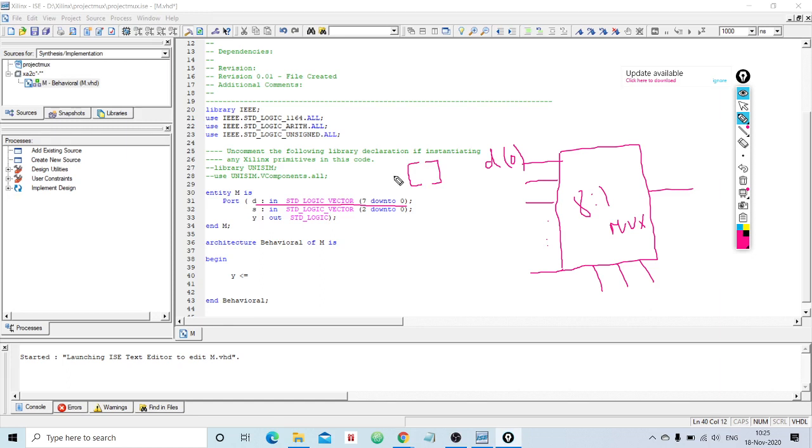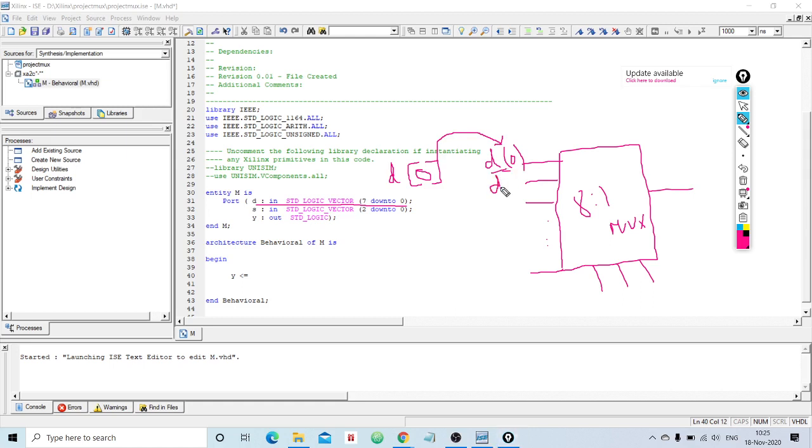If the array name is D and you want to fetch the first element, you write d of 0. But in VHDL, remember, the square brackets are replaced with open and close parentheses. The rest will be the same.